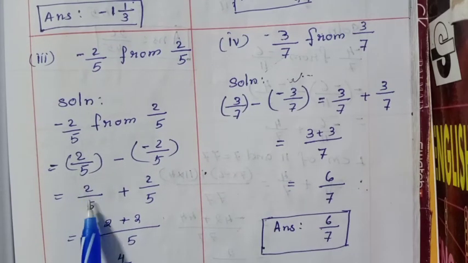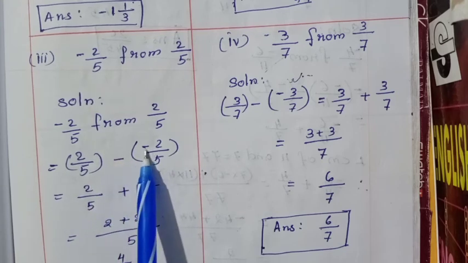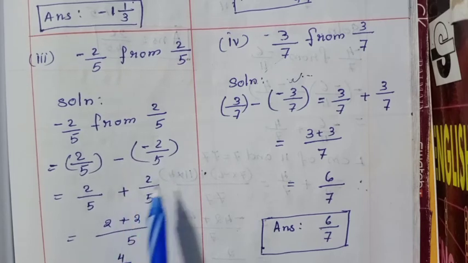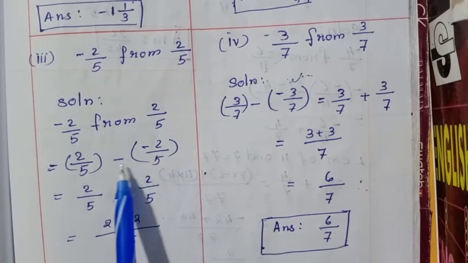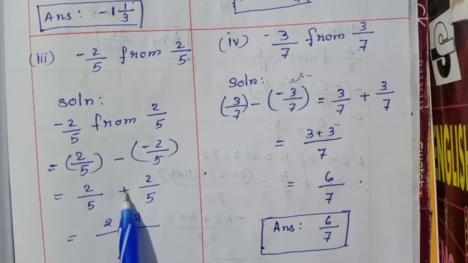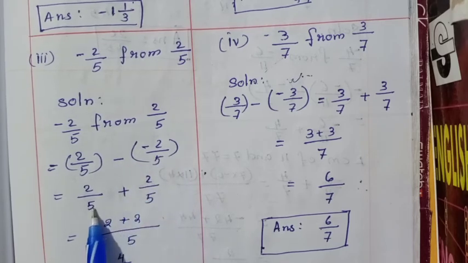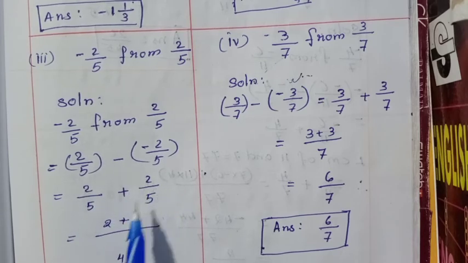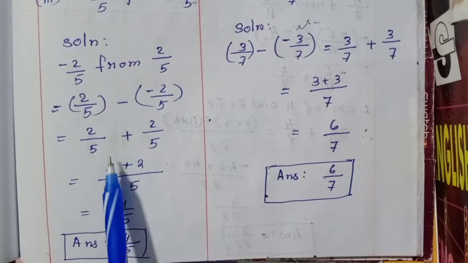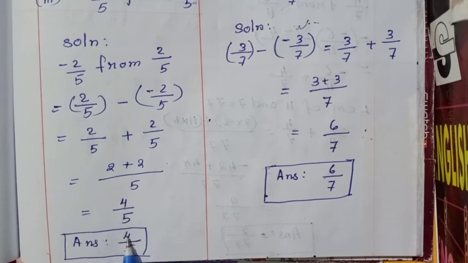Next, 2 by 5 without the brackets, then 2 by 5 same. The two negative signs are near each other, so negative and negative will be positive. That's positive, writing then 2 by 5. So two negatives multiplied make a plus. Both denominators are equal, so the LCM of 5 is the same number, only 5. Then numerators add and write. Numerator 2 plus 2, the answer is 4. Same denominator 5, so the answer is 4 by 5.